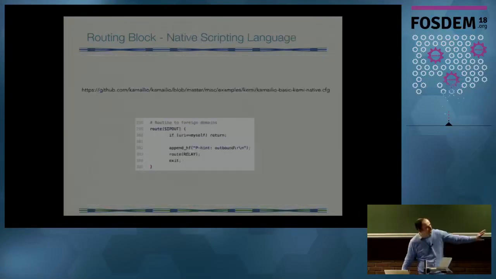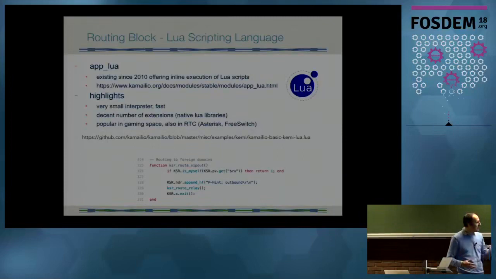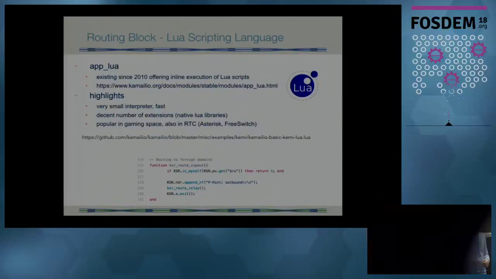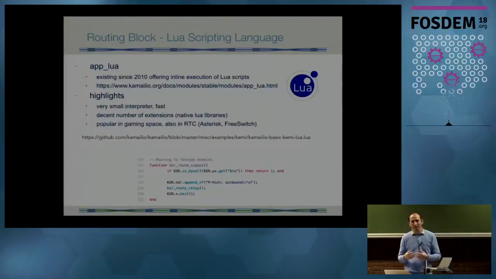One slide back, this is the native configuration file, which more or less adds a header to the SIP message and sends it out. And here it's the same: testing if it's targeting myself as a server, then adding a header and sending out through the socket we are using. So pretty much equivalent, but the power of using this scripting language is